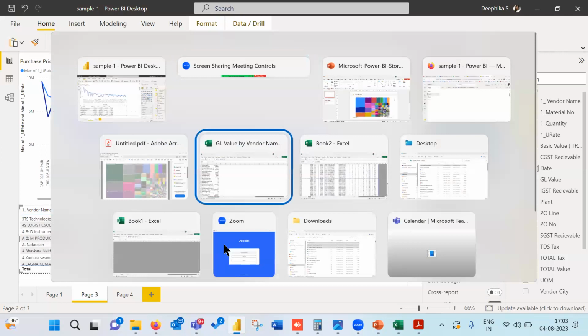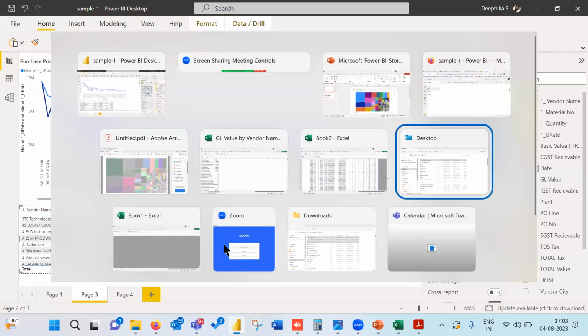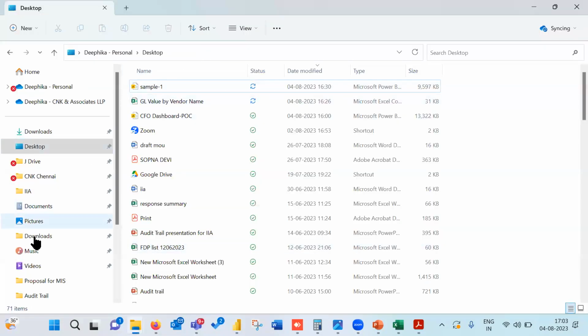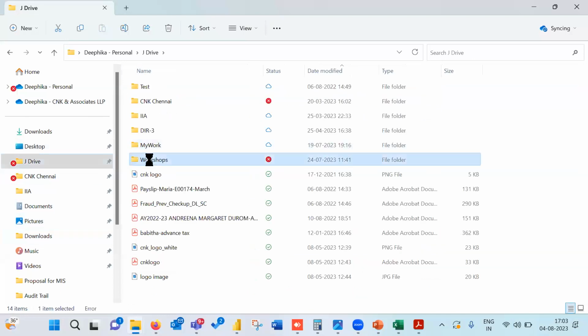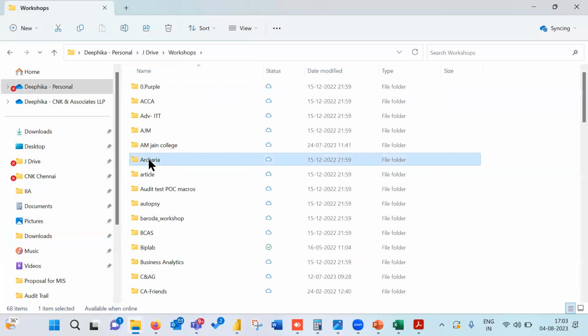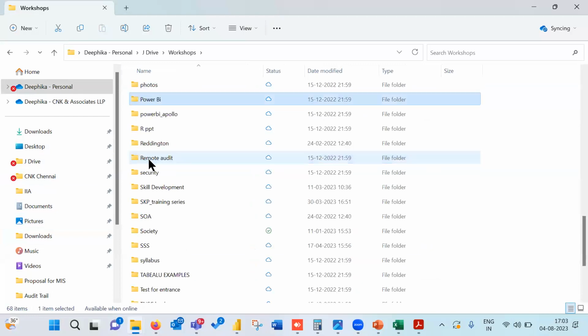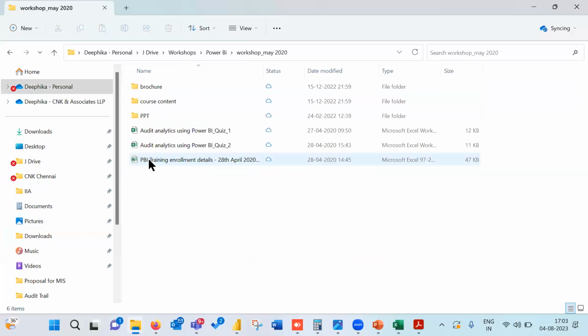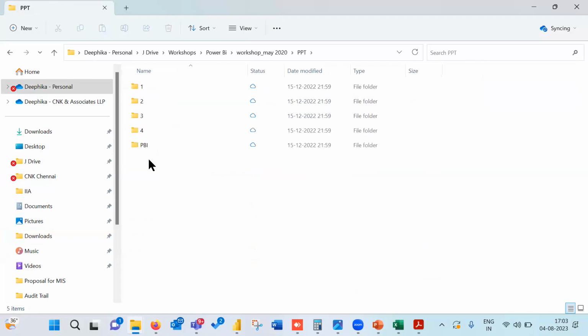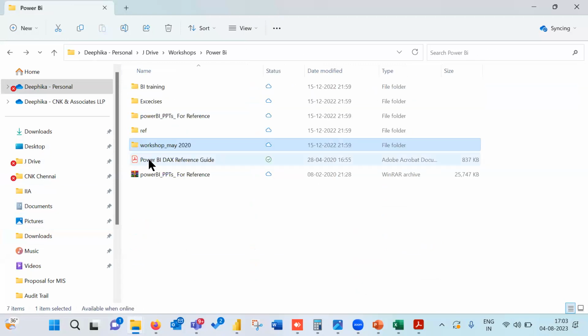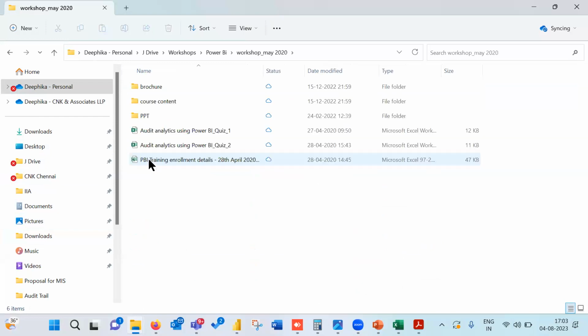Now I'll just introduce you to formulas. So we have different ways in which we can write formulas in Power BI. In that, one is called measures and the other one is called calculated columns.